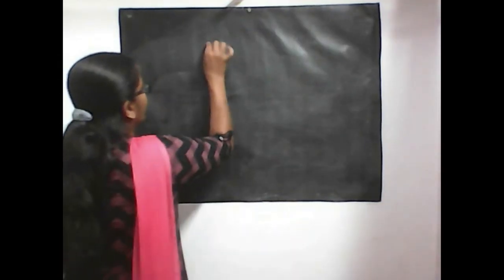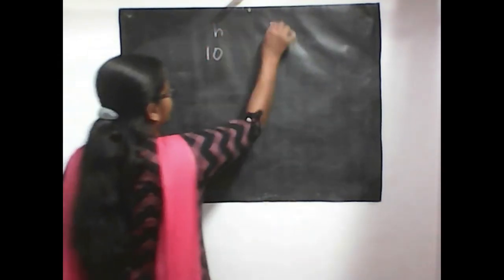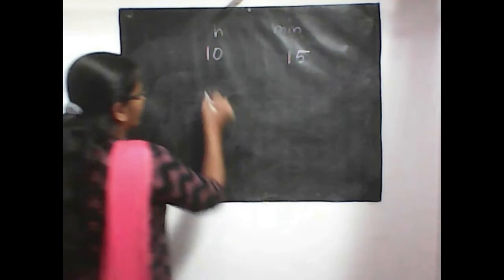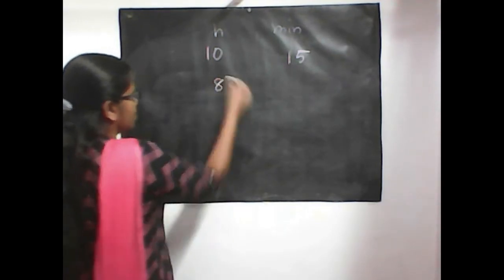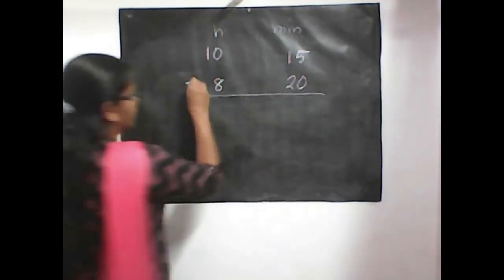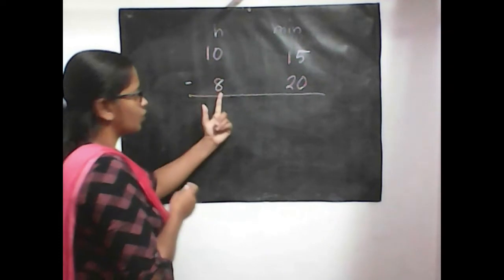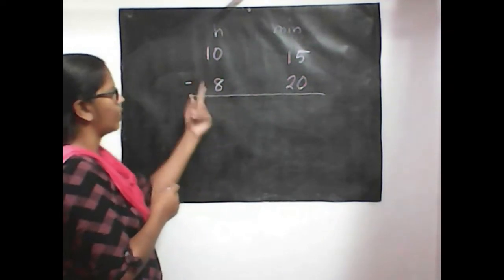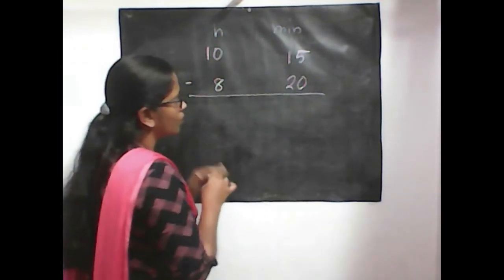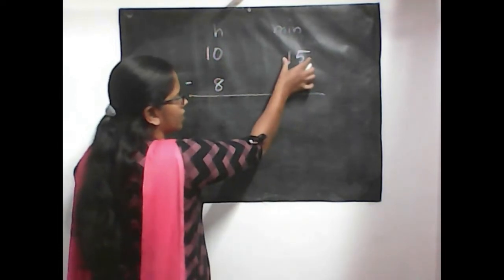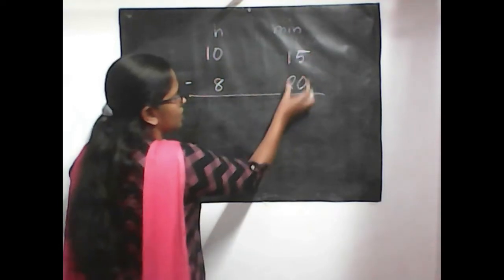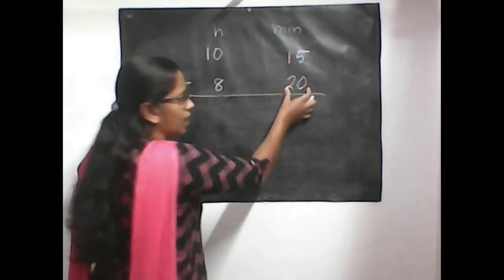Okay, one more question. 10 hours 15 minutes minus 8 hours and 20 minutes. While writing, the digits should be written very carefully at the ones place itself. Okay, don't write 8 below 1. It should be written below 0. Okay, do subtraction. Before doing subtraction, what you have to do? Look at the minute column separately. Look at the top number. This is 15. This is 20. From 15 minutes, I cannot take 20 minutes.